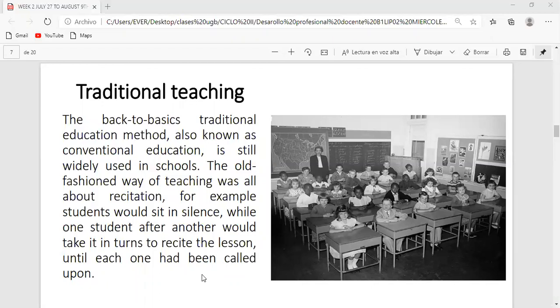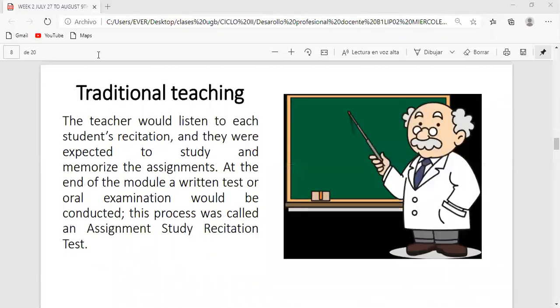That kind of method or methodology kills creativity and imagination. So let's move on. Questions so far? Any opinion or participation? No, teacher, we're good. Okay, if you want to participate but you don't want to use the microphone, you can write in the chat. I understand that sometimes at home there are noises and all that. So if that's the case, use the chat, okay? I don't want to make you feel uncomfortable.